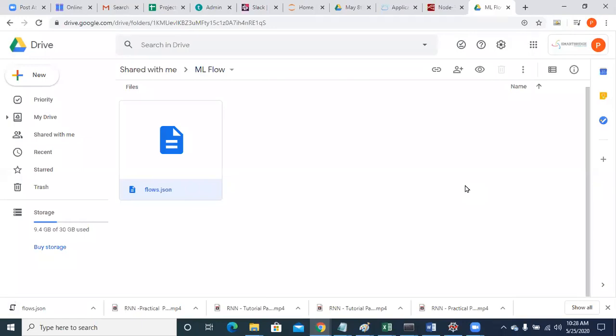tinyurl.com/ml new flow. I've put that in the chat window. You can use it. Once you have downloaded it, just tell me, guys.